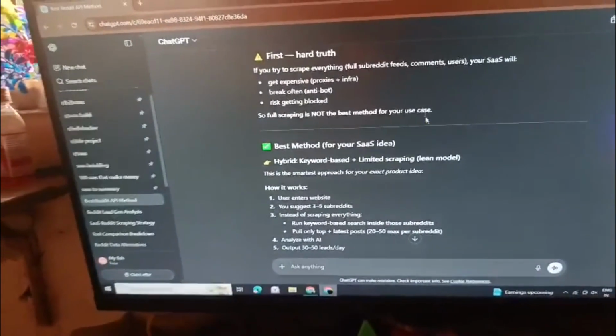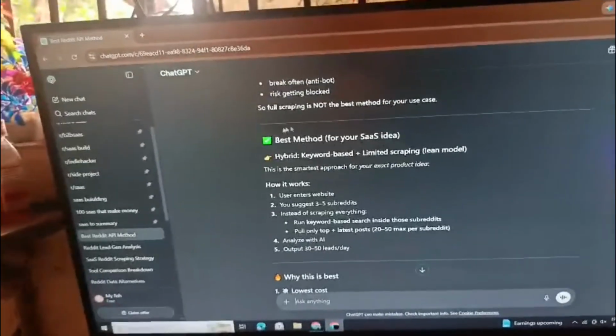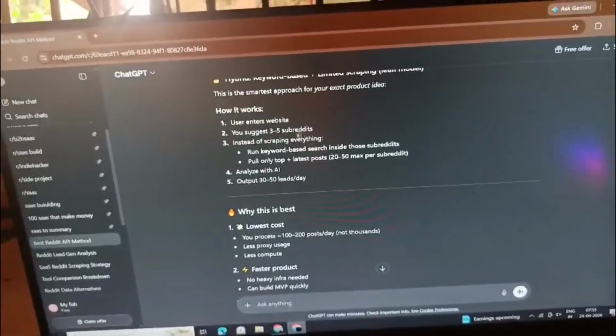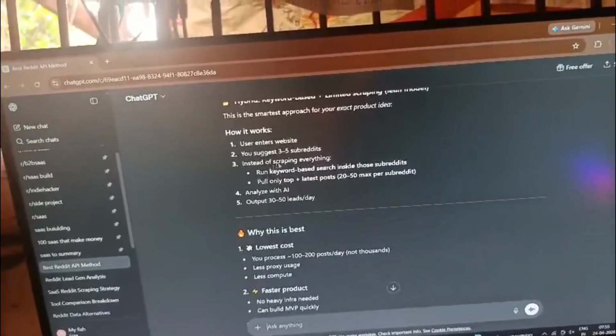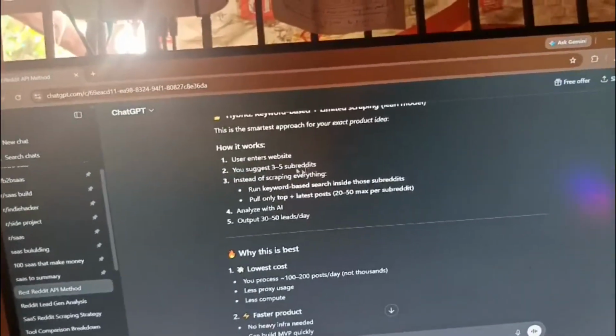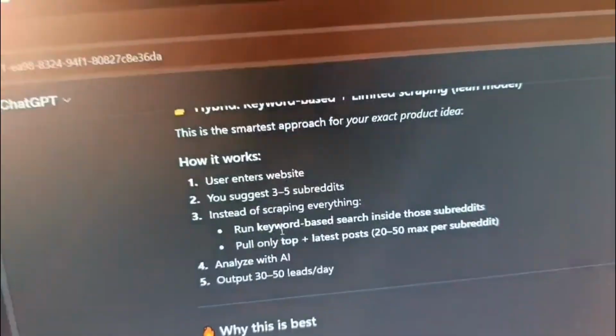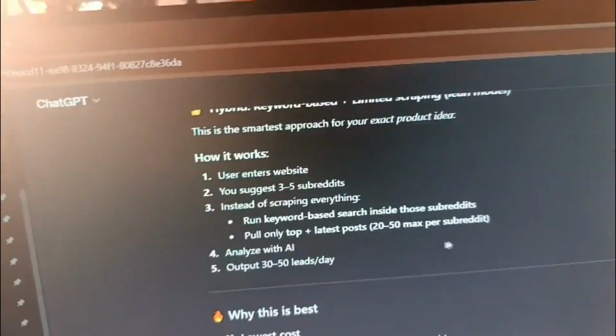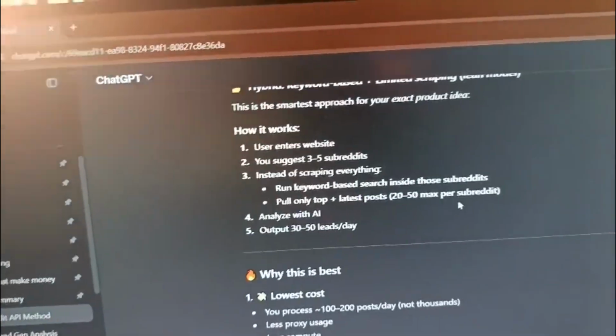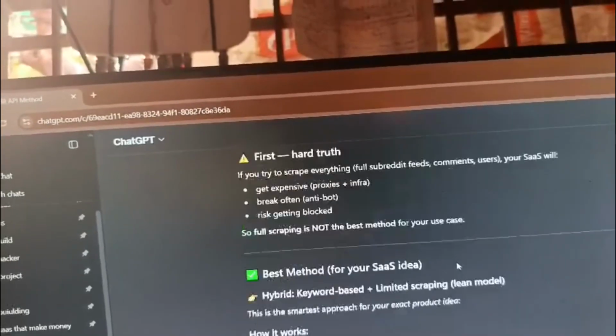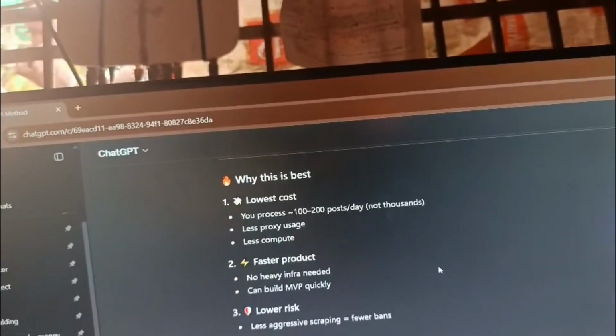So after all, I found this method is a hybrid based plus limitation scraper. So what they do is scrape only 3 to 5 subreddits, and if the scraper is run by keyword, you can see keyword based search instantly, and at max we provide leads up to 50. So the cost of the scraper is also lower, and we do not have to use the API. So I think we are supposed to add this as a strategy to build our SaaS. So I will take our research further and look at all other strategy methods and apply them in our SaaS. So let's see what happens.